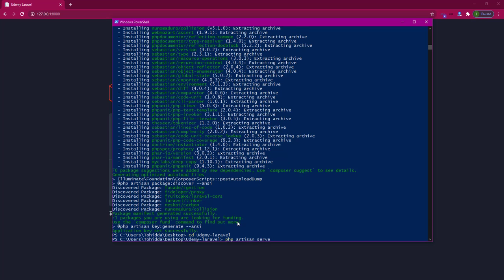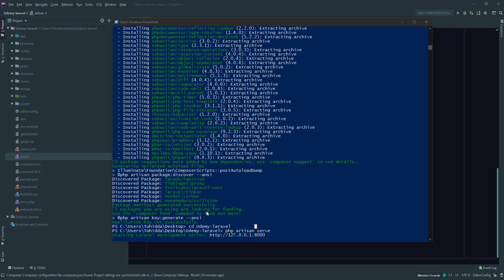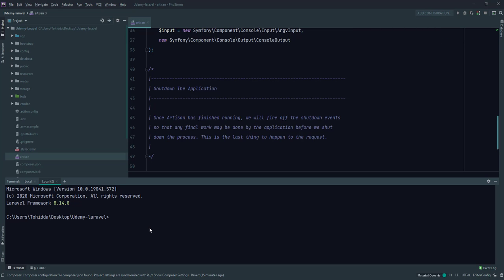serve. Artisan is a powerful command line for Laravel, and we can use artisan for many tasks in Laravel. Very helpful command line for Laravel. I type php artisan list,